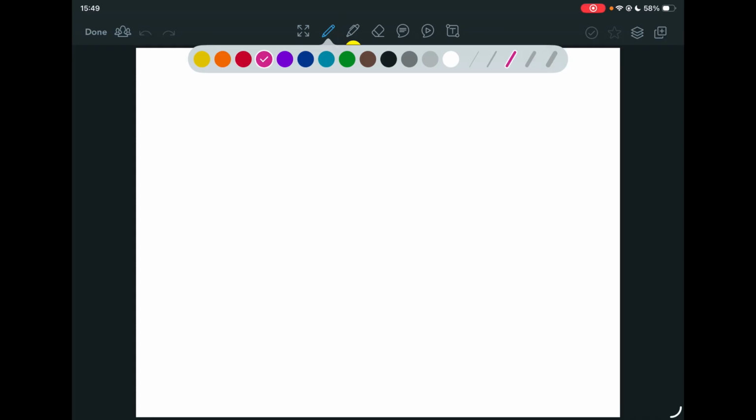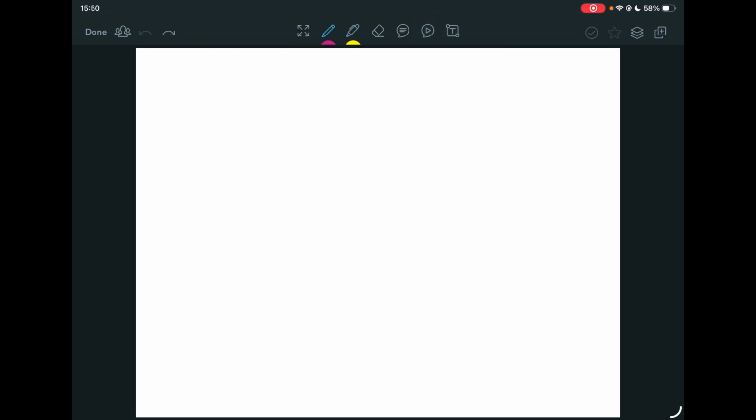When you tap onto a pen, you can see there's different colours, there's different line thicknesses, there's then the highlighting tool. Again, different colours and thicknesses. There is a rubber, there is a comment speech bubble and a voice note bubble, and we can also put in text boxes. So whatever you write onto your mini whiteboard just now,